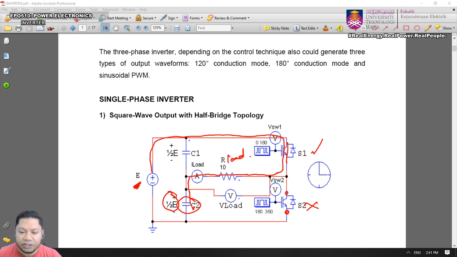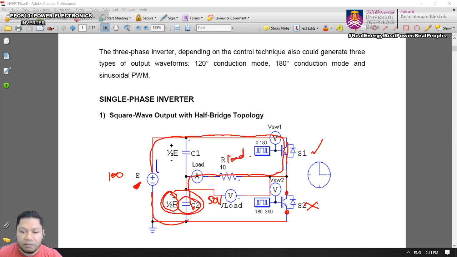Okay, so it will charge the capacitor to half of whatever input voltage that you have. If you have 100 volt, there will be 50 volt across capacitor 2, right? And then come back to the negative terminal. So that will be the flow for when switch 1 is on, and whenever switch 2 is on, the